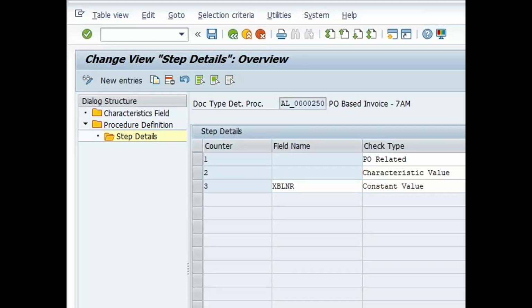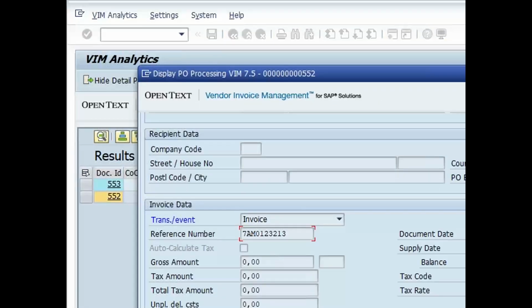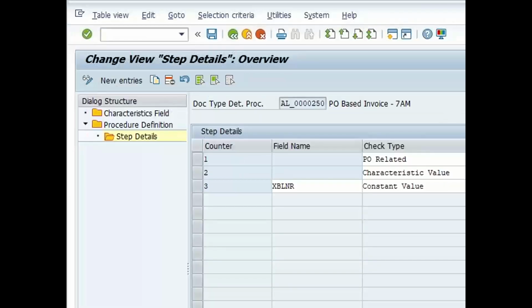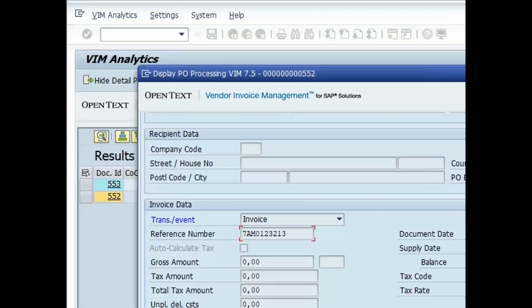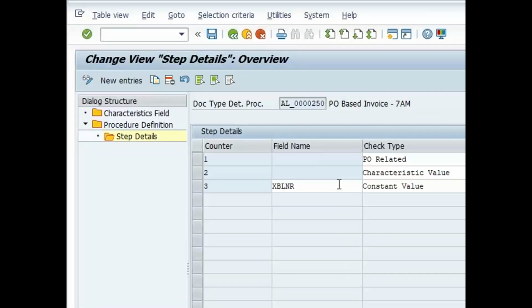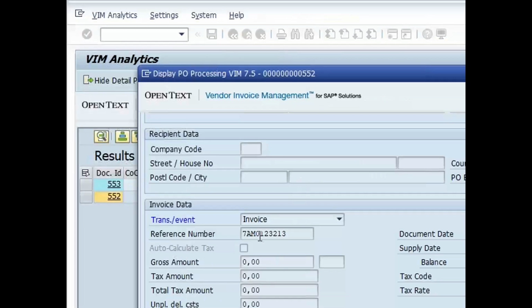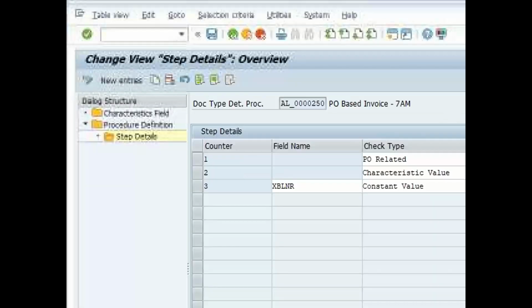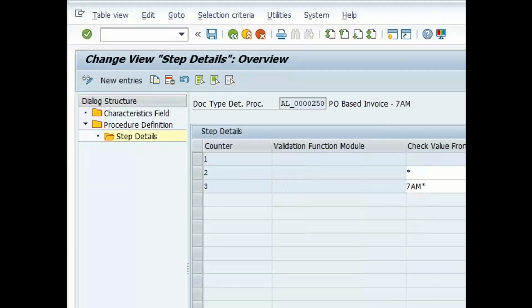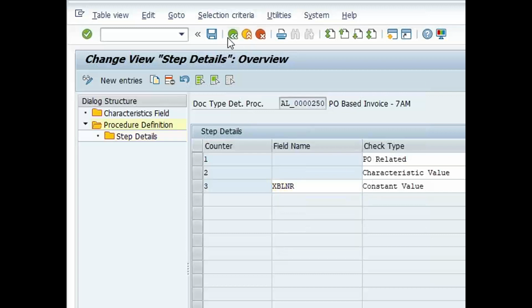Under this also, is it PO related or not? Yes, it is PO related. So is the characteristic value star or not? Nothing but your country, company code country, space is also included in star. Okay, next. Does your reference number start with 7 a.m.? Yes, it starts with 7 a.m. Then it will consider it, meaning all conditions are satisfied. So this DP will go and